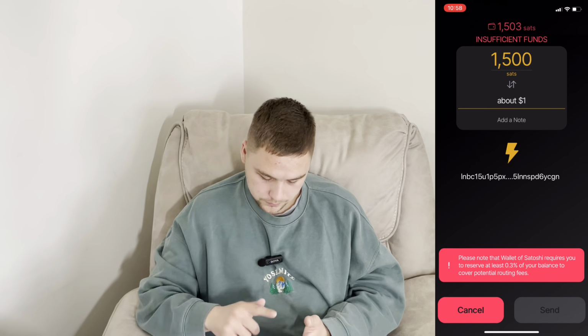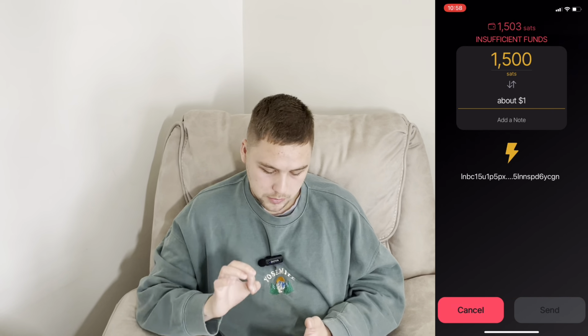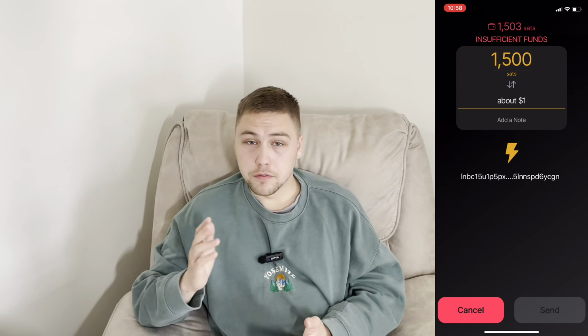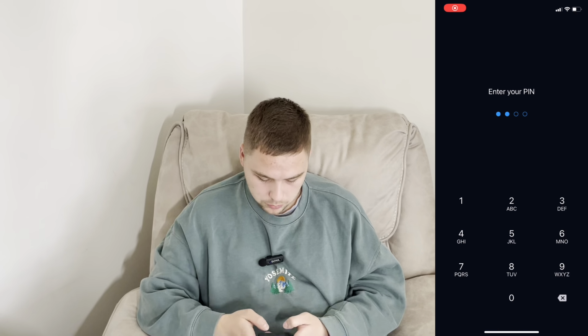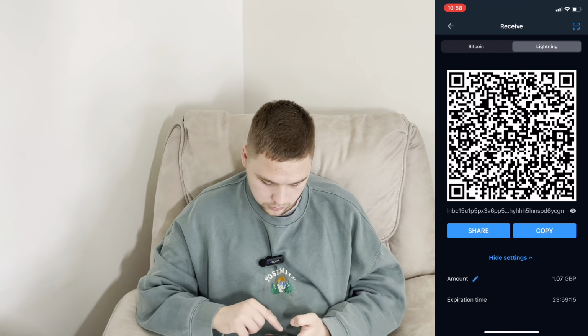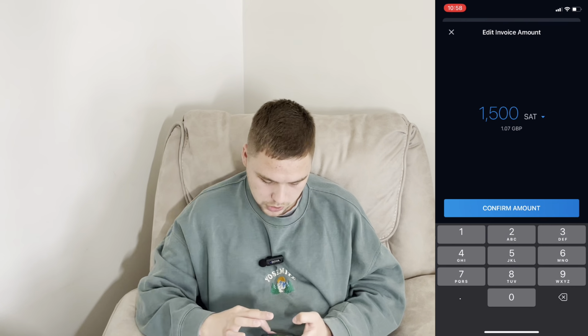So I'll have to pay some of the fees, and I didn't think about that. So I'll just request a smaller amount. I'll go back into my Moon wallet. I will go back under the amount, and I will change it to